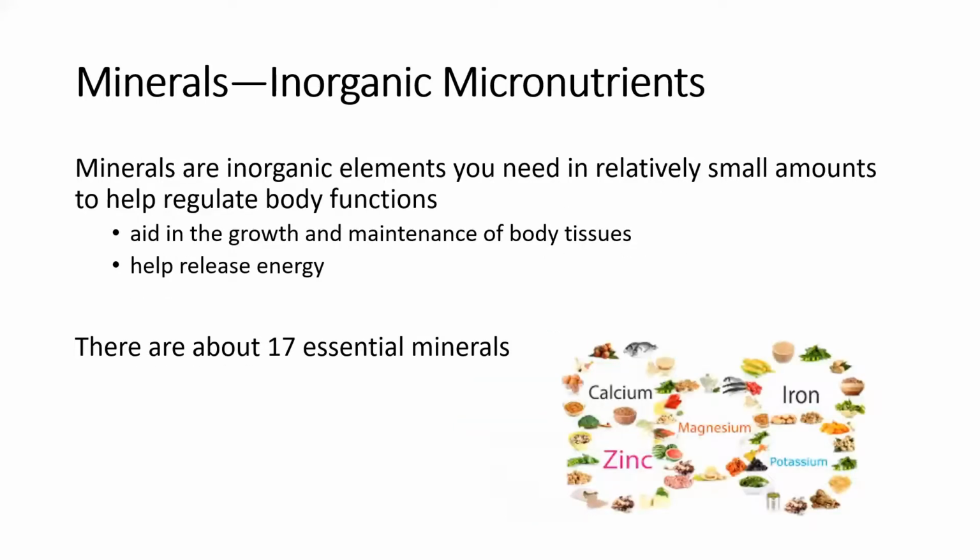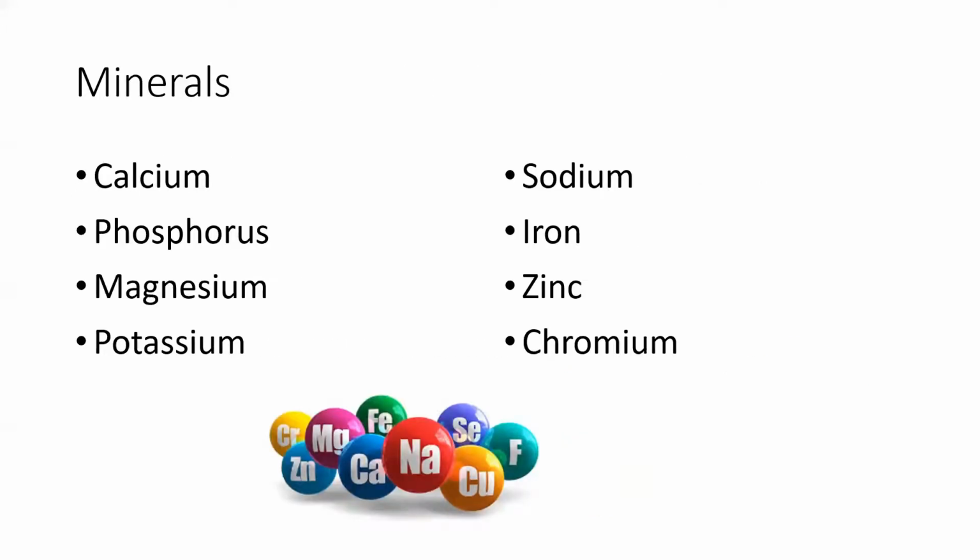When it comes to minerals, these are non-organic chemicals, and we need about 17 essential minerals that we have to consume in specific quantities. The key ones that we want to pay attention to are calcium, phosphorus, magnesium, potassium, sodium, iron, zinc, and chromium. These are our primary minerals that we have to consume. There's 17 total, so things like iron is one that we have to focus on a lot in endurance athletes and female athletes. Zinc and magnesium, most people are probably low in, depending on how many vegetables they eat. If you don't eat anything dark, leafy green, you're probably not getting enough.